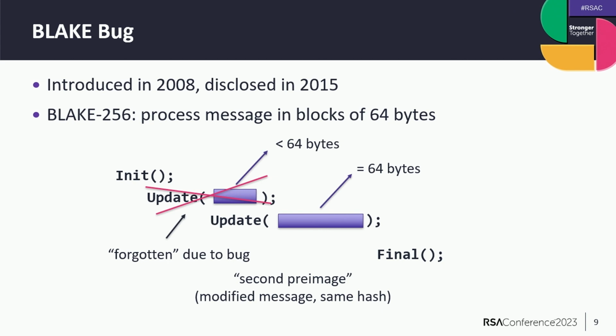So not for the hash function, but for the specific implementation of this hash function that was submitted to the competition, you can construct second pre-images, meaning that if you already have a message with or without this update, the hash will be the same. So you can, given a message and a hash value, construct another message that has the same hash value for this implementation.